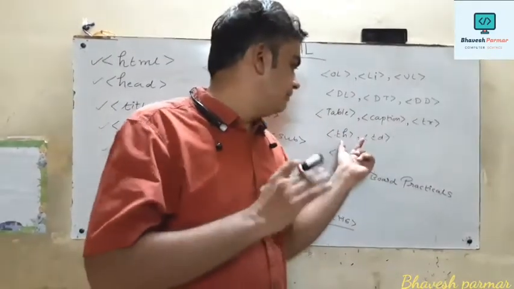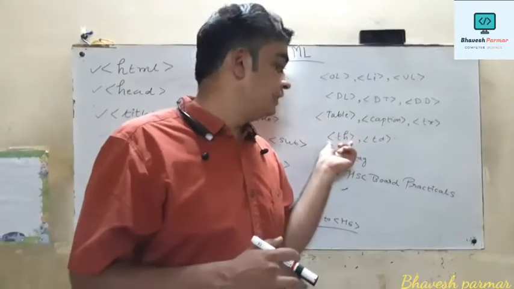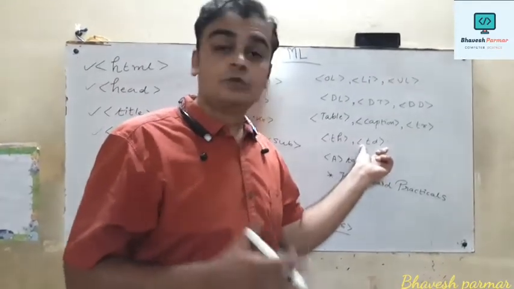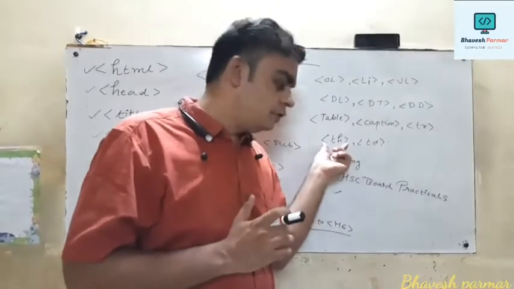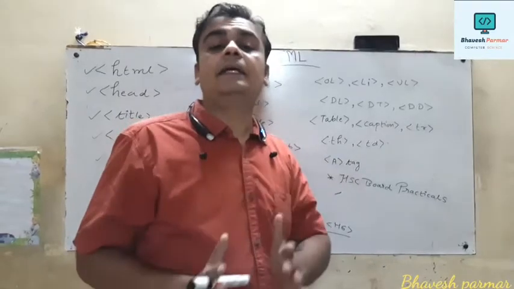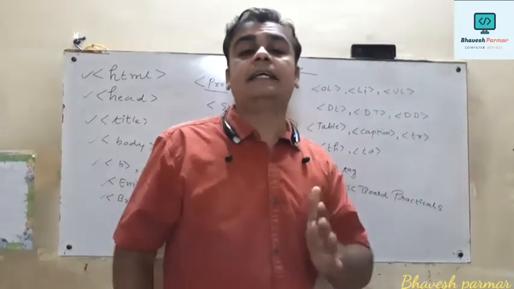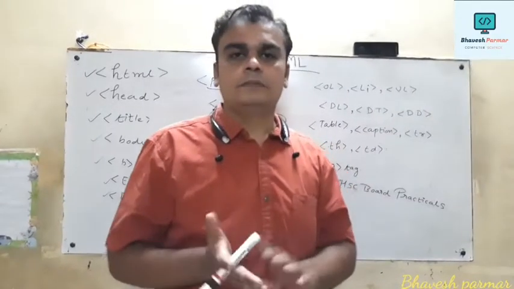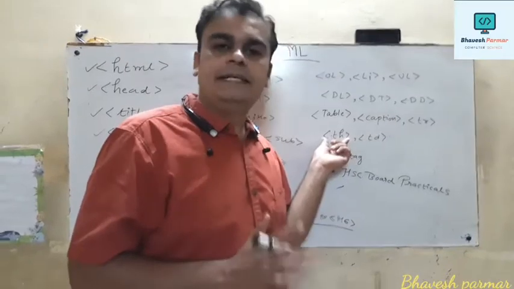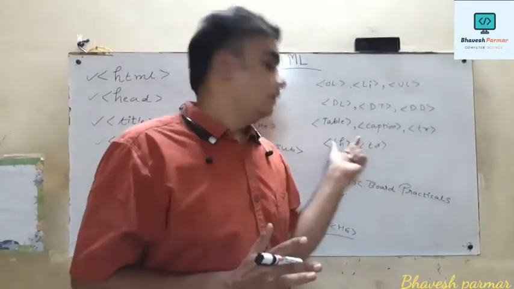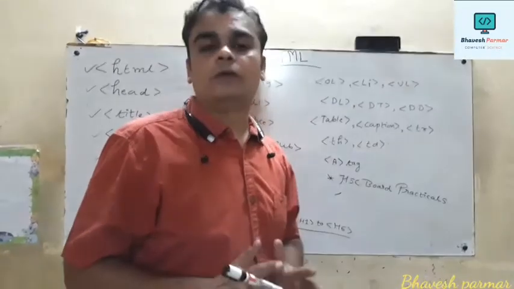So students, there might be confusion between TH tag and TD tag. Means why are we not using TH always, why are we not using TD always. So there is a difference between TH tag and TD tag. When we use TH tag, it displays the text in bold form, whereas TD tag displays the text with normal font. Means no bold attribute is used. TH displays the text in bold form, TD displays the text with normal font size.